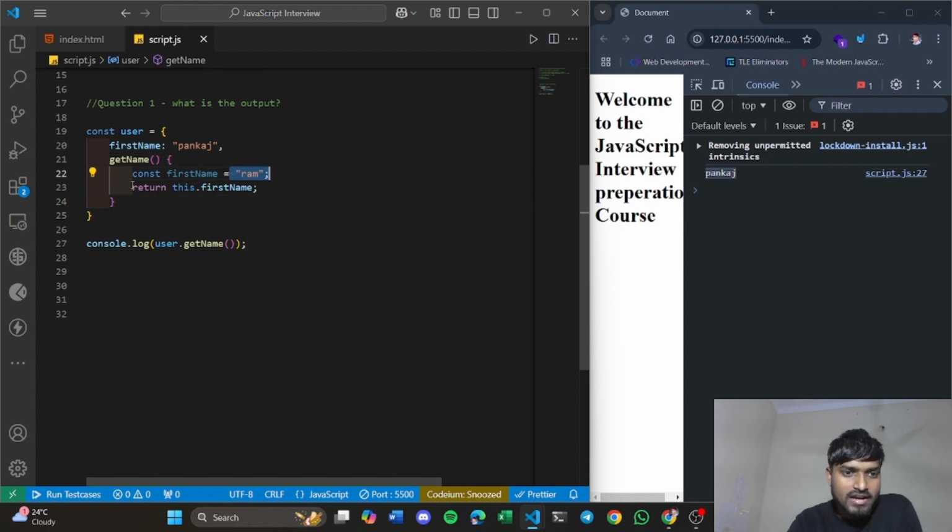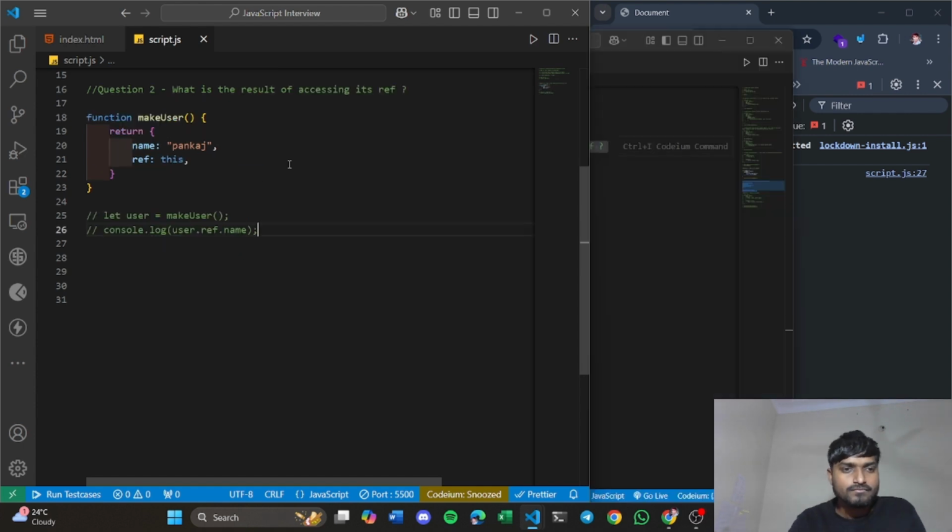But here when you are using this keyword, this is referring to its function's immediate parent object, that is user, and inside that user the first name field is Pankaj here. That's why you are getting Pankaj, not Ram. So this keyword is basically working oppositely from the shadowing concept that we saw in our previous video. So this was the answer to this question. So let's move to another question.